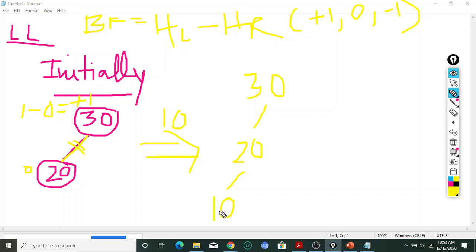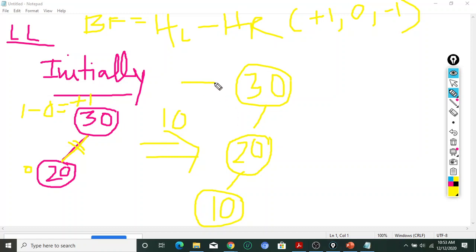so 10 is correct. It will be placed to the left of 20. Is it understood by everyone? Because it's very easy, because first we will compare. If I want to add any node, then for any key value, first we will check in the root node whether it is less than or greater than.